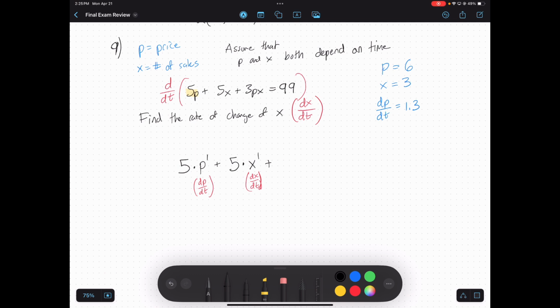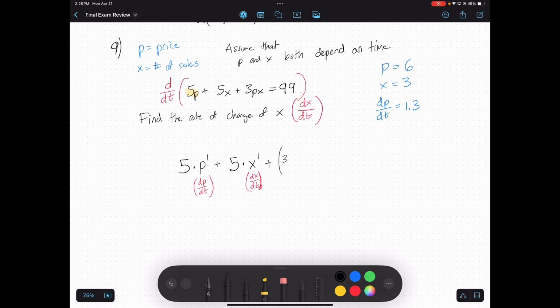Okay, and when you use product rule, there's a couple different ways you can deal with this 3. I can just keep the 3 in front and then multiply my entire product rule by 3 when I'm done. Or you can put the 3 with the p and do it that way. Either way works. I usually like to just assign the 3 to that first function. So product rule tells me